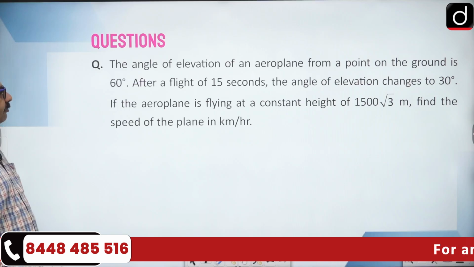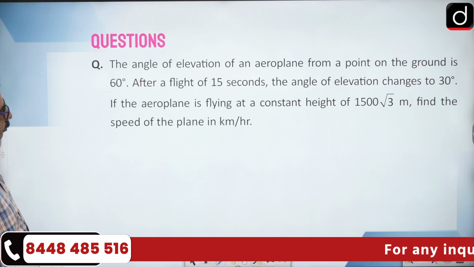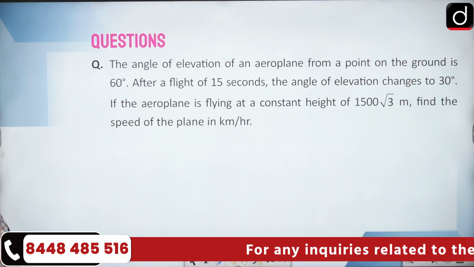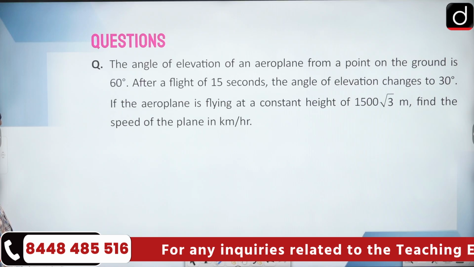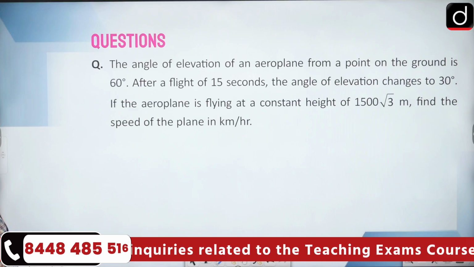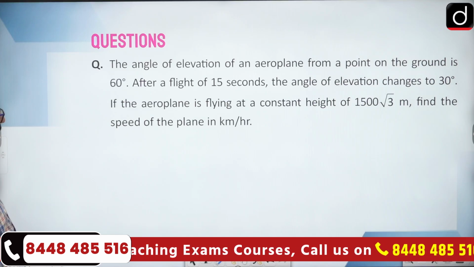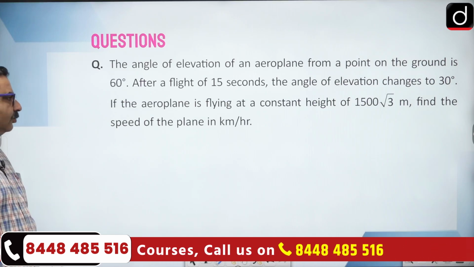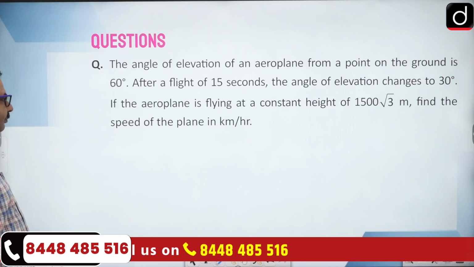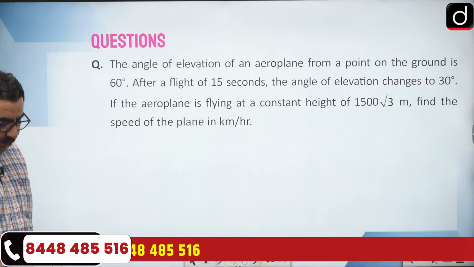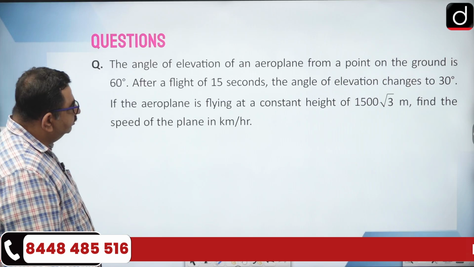In this, the angle of elevation of an aeroplane from a point on the ground is 60 degree. After a flight of 15 seconds, the angle of elevation changes to 30 degree. If the aeroplane is flying at a constant height of 1500 root 3, find speed of the plane in kilometers per hour. Okay, so